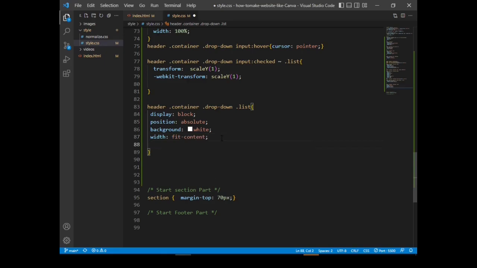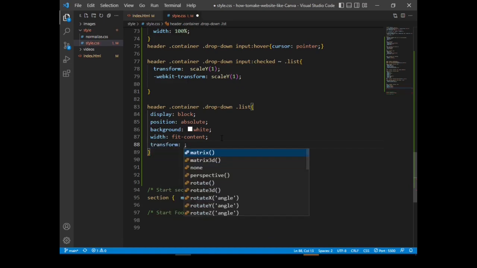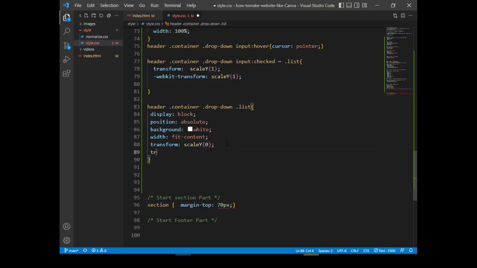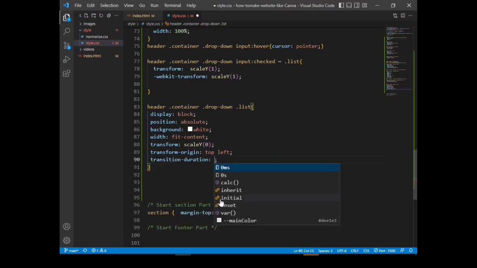Then transform. I want to scale it along the y-axis to 0. Then transform origin, let me set it to top left. Then transition duration, let's set it to 0.2 seconds.